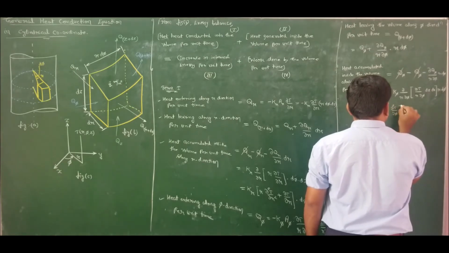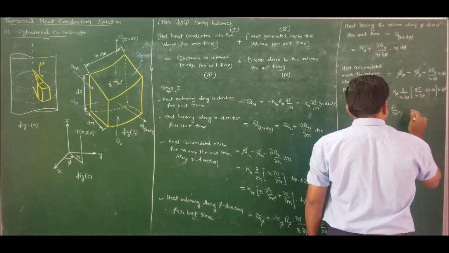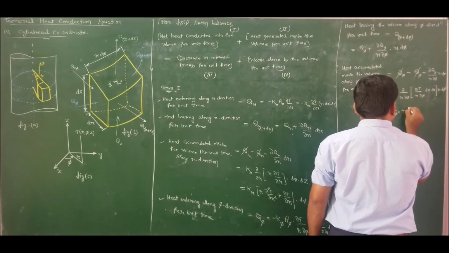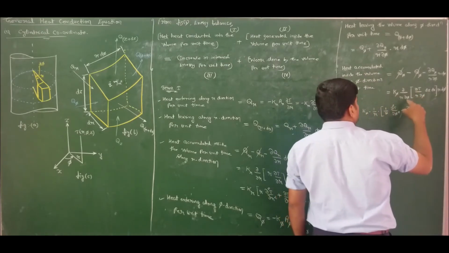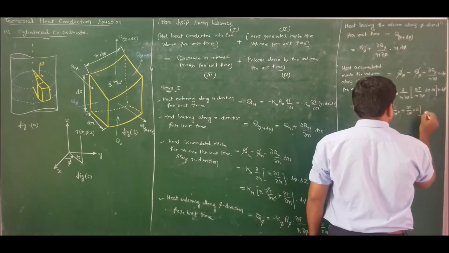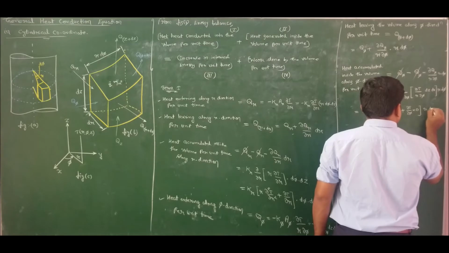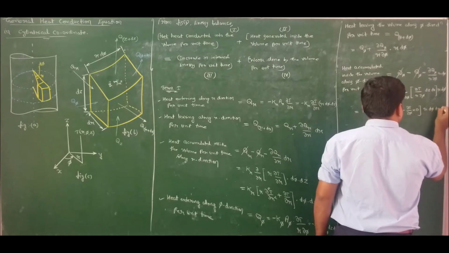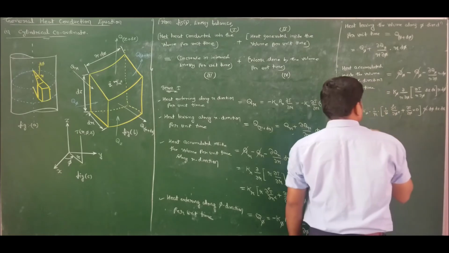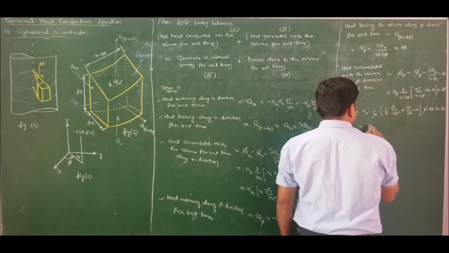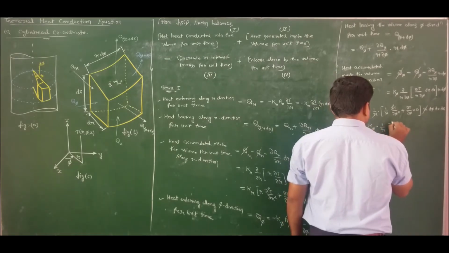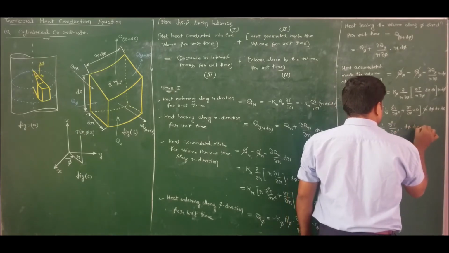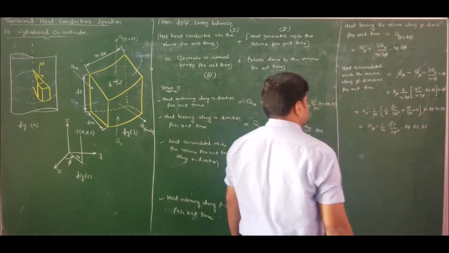dou phi square plus second function is dou t by dou phi. Differentiation of first, differentiation of 1 by r with respect to phi, is 0, into r d phi dz dr. So cancel off this r and this r. If I cancel off, I am left with k phi 1 by r dou square t by dou phi square d phi dz dr. This is what I will get.